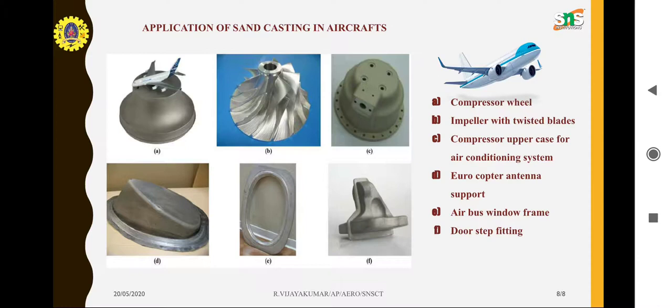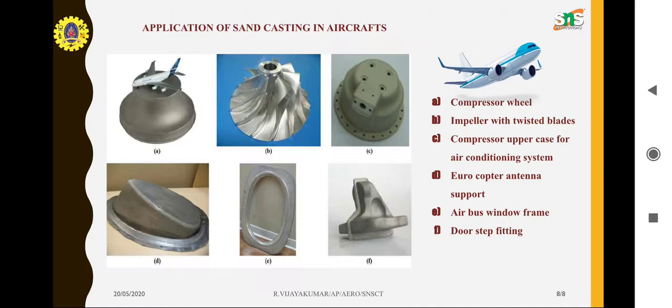And the second one is Eurocopter antenna support. It's a support, Eurocopter antenna support. These are also manufactured under sand casting. And the second one is Airbus window frame. And the fourth one is door step fitting, and n number of castings, n number of materials are cast by